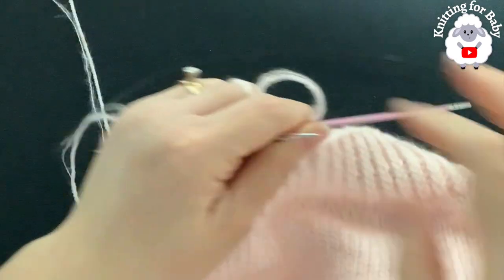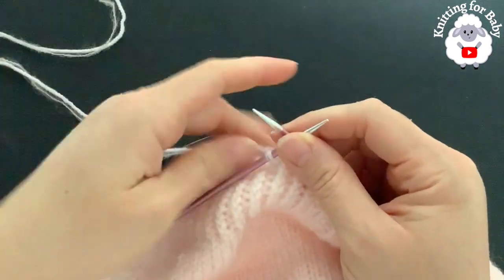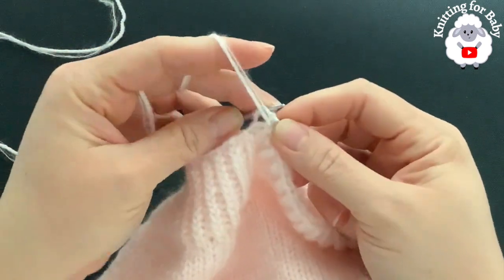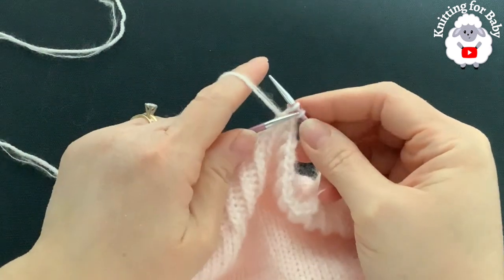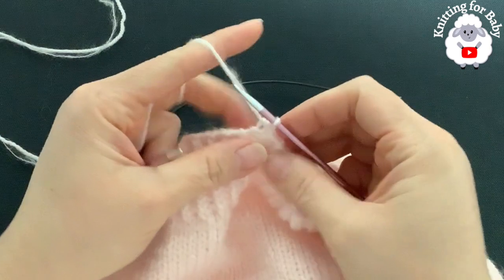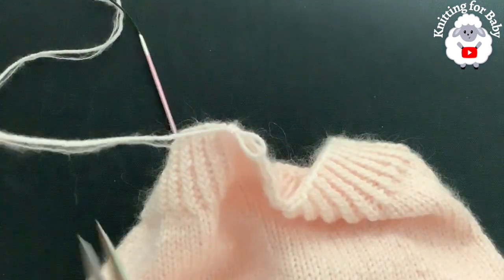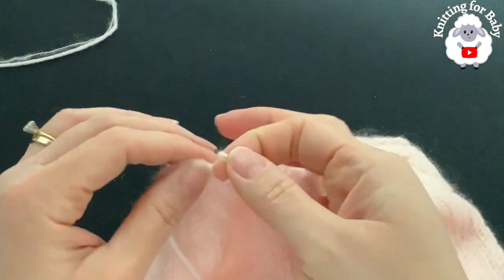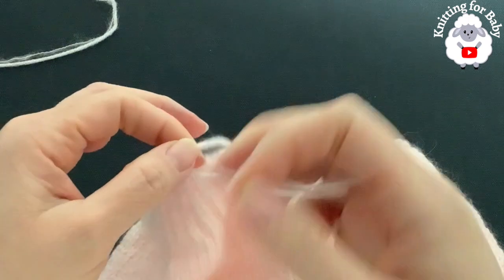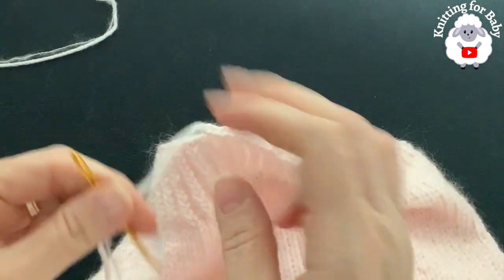Okay, I'm almost done casting off my stitches. I want to show you what you need to do here at the end. Here's the last stitch. The last stitch I need to purl. Now bring this stitch over the last one. Now we have the last loop there. Cut the yarn, leave a little tail there. Now we're going to pass this yarn through this last loop like this. Pull it. Now with the yarn needle here,